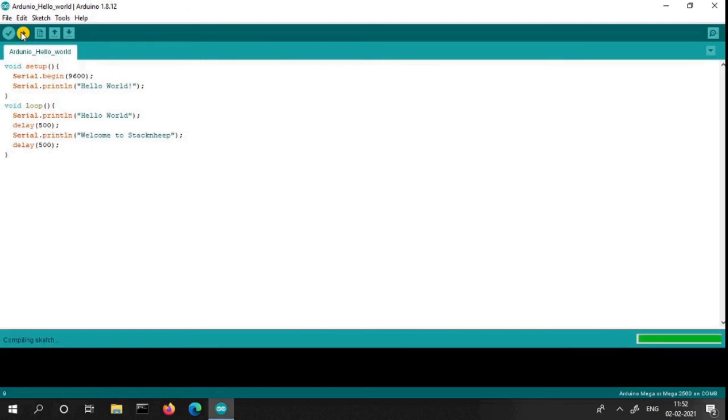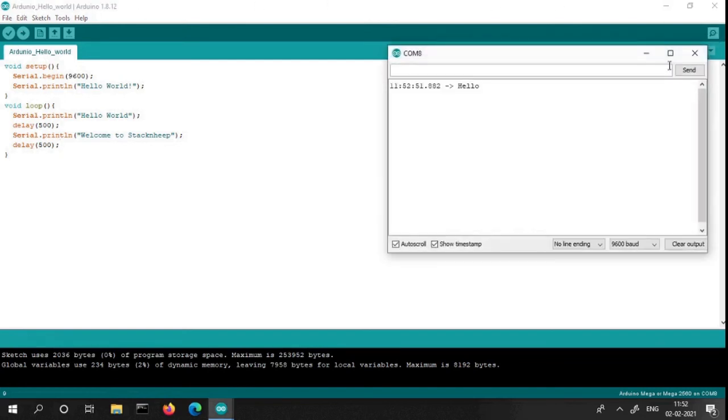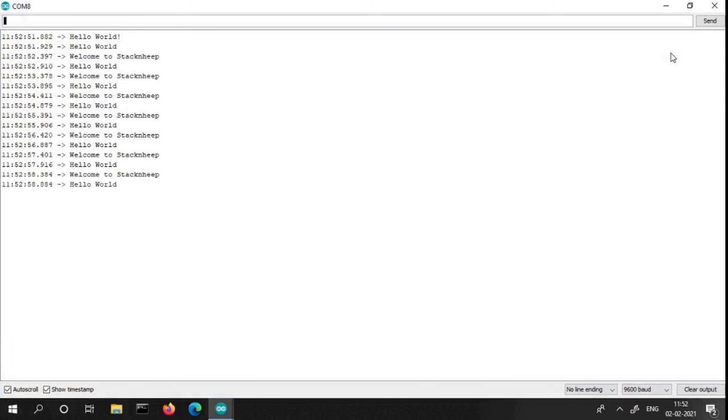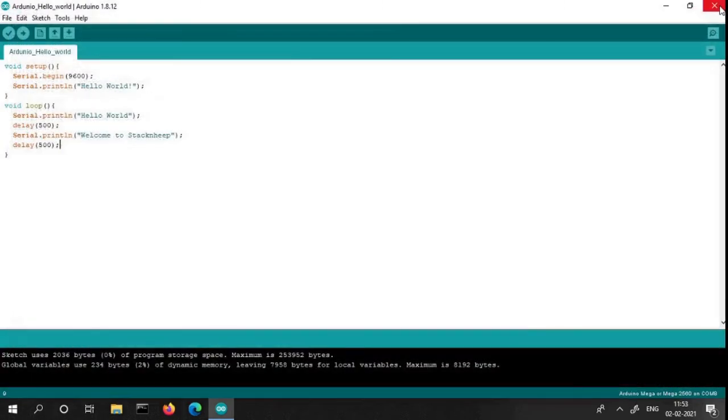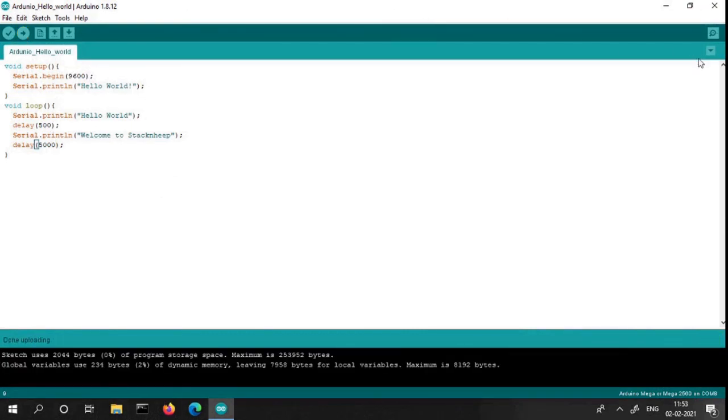You can see what will happen. The first hello world command is in the setup function, and in the same way the hello world and welcome to stack and heap are repeating at a certain interval.